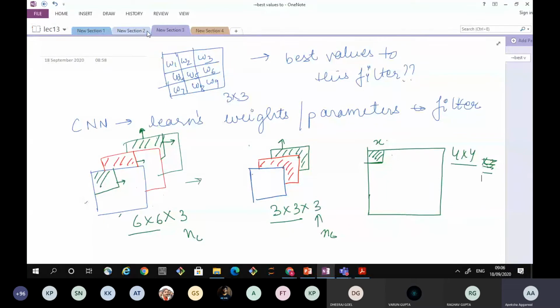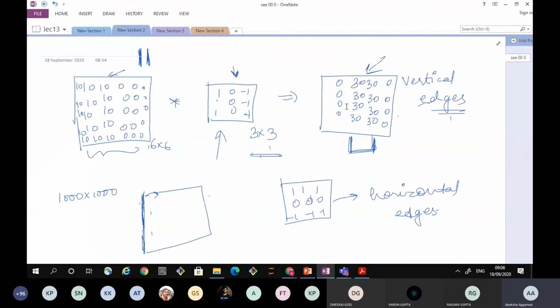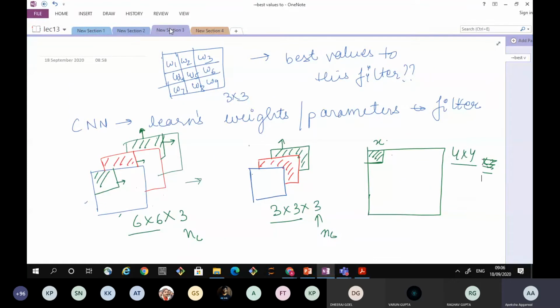Because imagine that 6x6 image was reduced to 4x4. So that is why this 6x6 is superimposed with 3x3. So it will give me 4x4 anyway. So imagine this is 4x4, 4x4 and 4x4, and I'm adding all the 3. So I'll get the 4x4. Okay, so whosoever is asked the question.